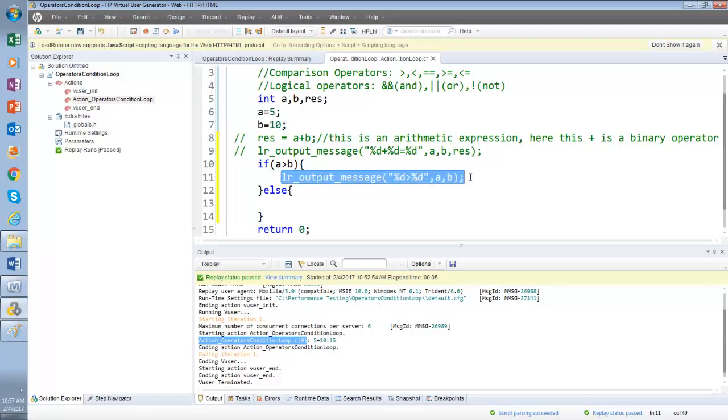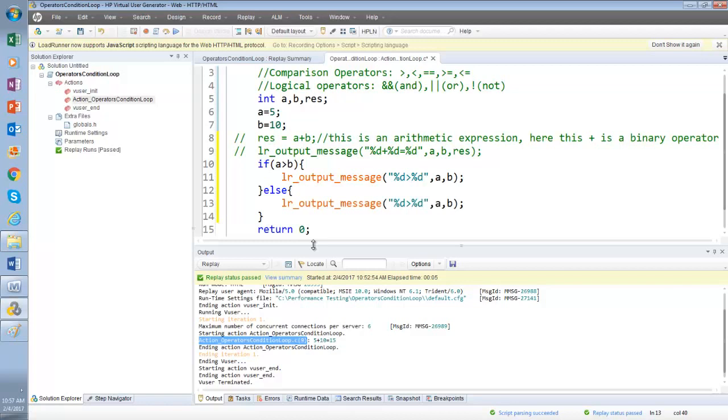Now if it is not true, then LR output message. If A is not greater than B, then what is it? You tell me.